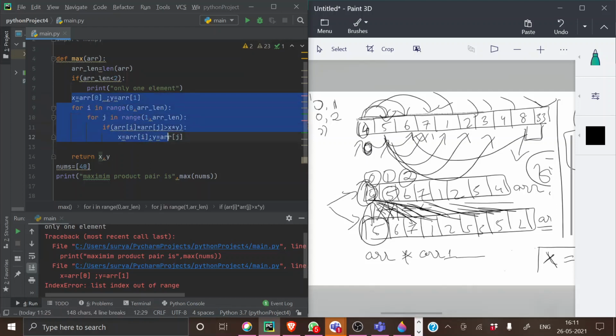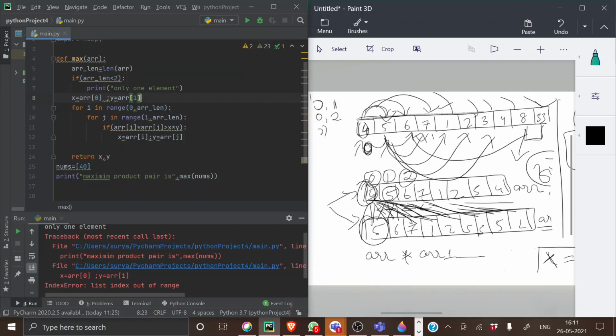I am very sure, but I don't know why I'm getting this error. Sir, you used y equal to arr1, right? But does arr1 exist?